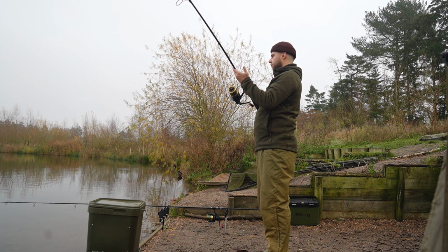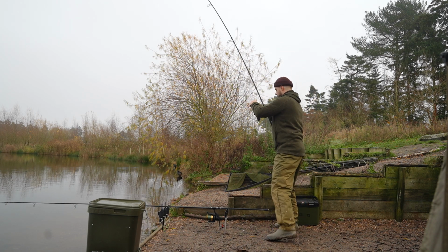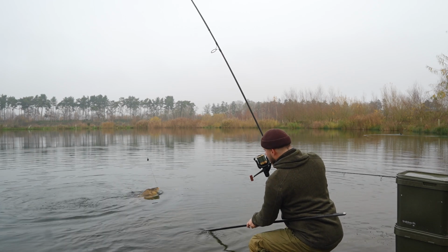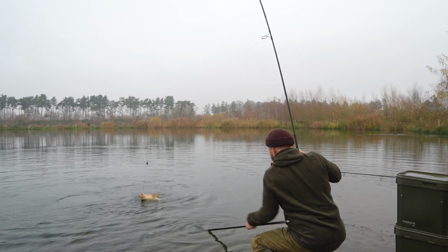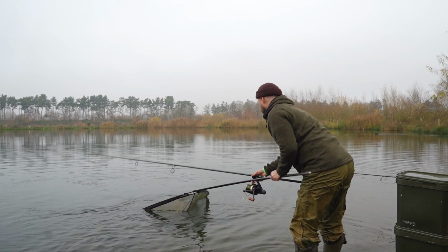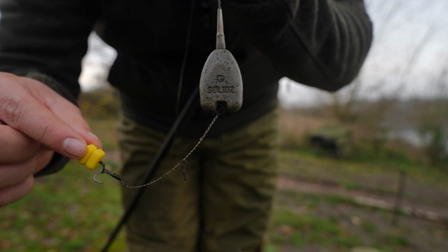10 minutes after getting the initial spoms out and getting our rods on the money, the left hand rod ripped off. Getting the baiting approach right at this time of year is absolutely crucial, and this is a great example of just that. With the southwesterly winds and mild conditions for this time of year, the carp were definitely up for a munch. After a short battle, we managed to land my first winter campaign carp, caught on a solid